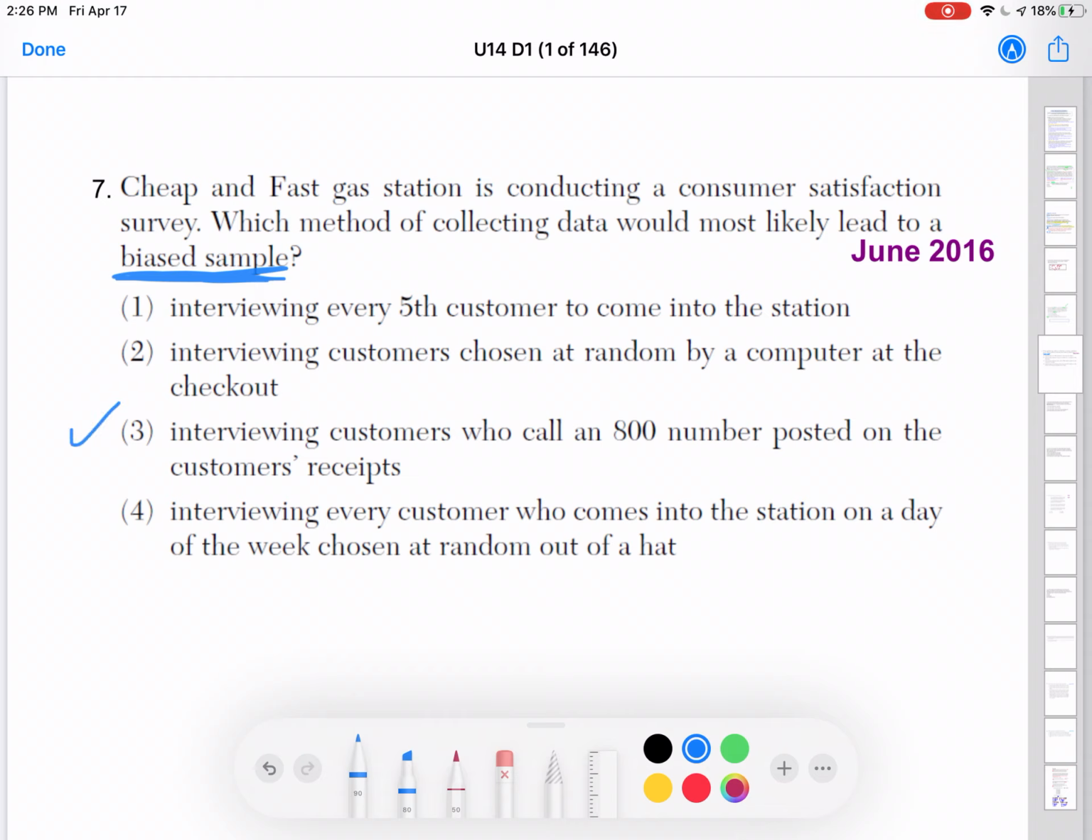Okay, so I'm thinking this one. Let's just look at the last one. Interviewing every customer who comes into the station on a day of the week chosen at random out of a hat. Okay, so that seems good. So why is it choice 3? Well, we're only looking at the people that called the 800 number. I don't know if they were calling the 800. Usually people who call are complaining. So not everybody's going to call. So that seems like I would be getting a